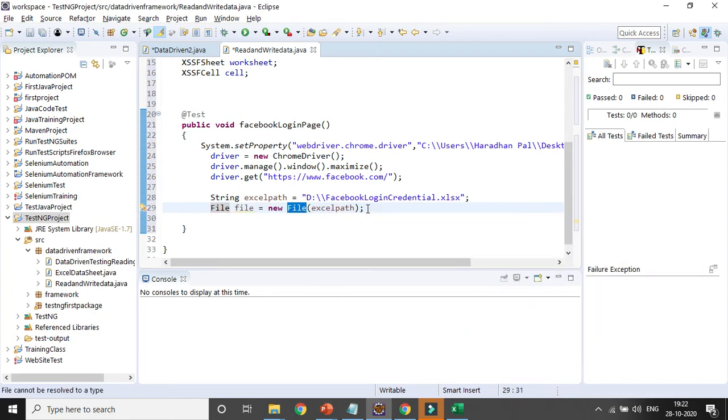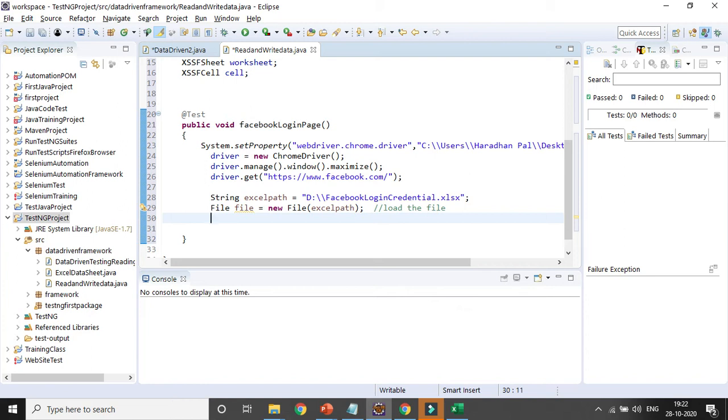So I want to read the file first, so it will load the Excel file. Then I want to read the file. So what is the syntax to read the file? What is the class available in Java?